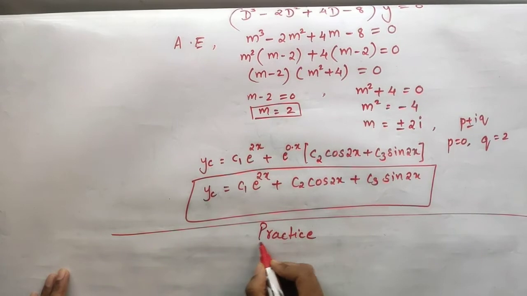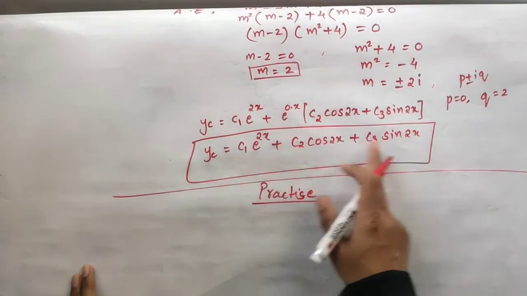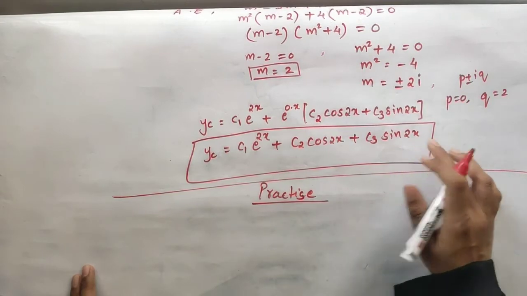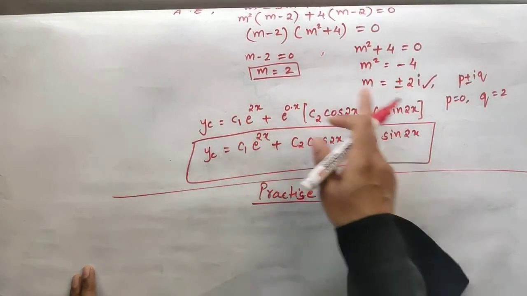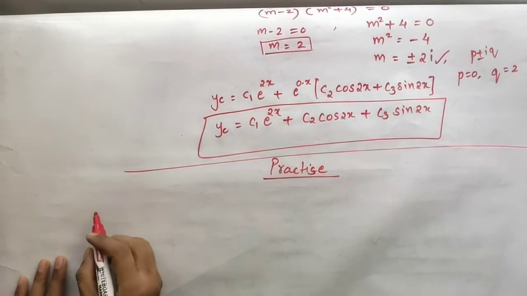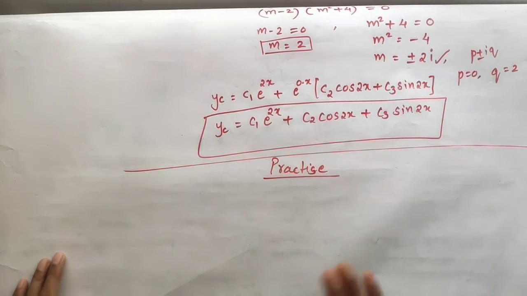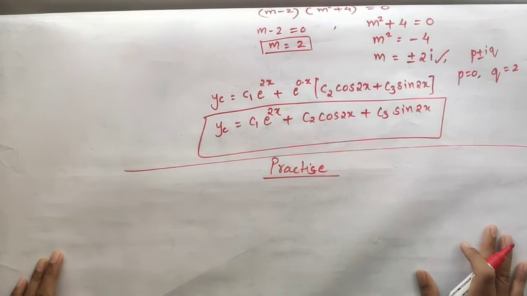If you do this practice, it will be easy for you to follow up with the work which you have to do at the end. Because up till here I think everyone will follow, but from this point you may face a difficulty. So let us practice. Suppose the roots are, I'll give you any random roots. You just have to write the corresponding complementary function or the general solution of a homogeneous differential equation.